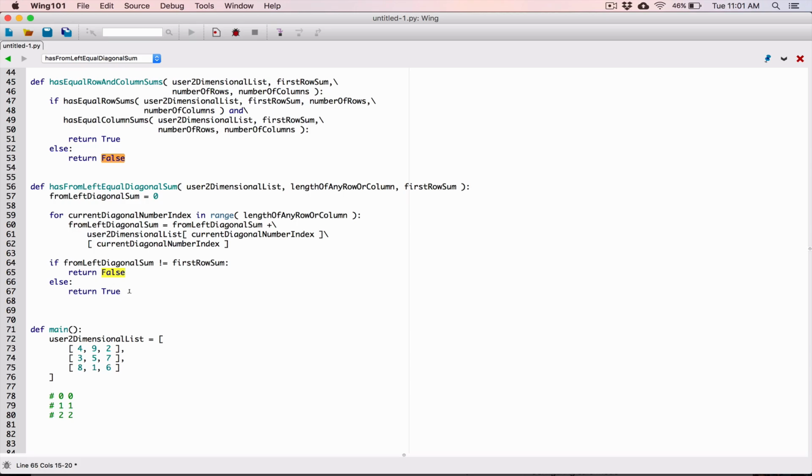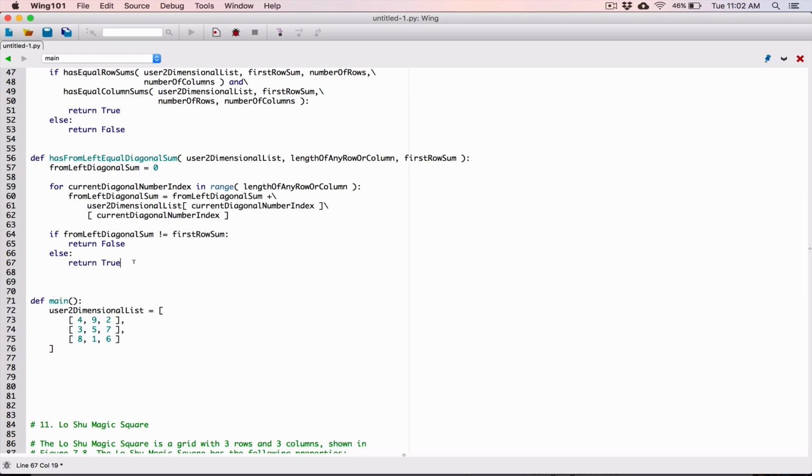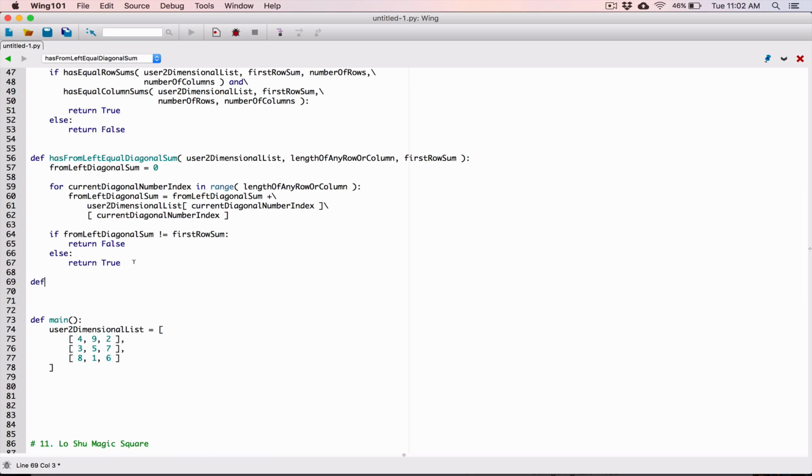Let's do the same thing for has equal from right diagonal sum. It's going to be kind of similar, but a bit different. So that means we're accessing these numbers here, 2, 4, and 6. The indices are going to be a bit different. So let's talk about that. But before that, let's create that function. So let's define has from right equal